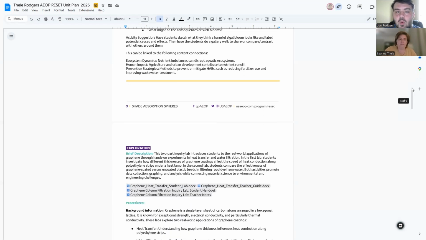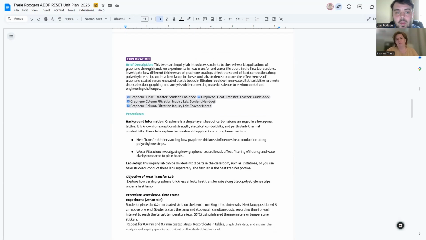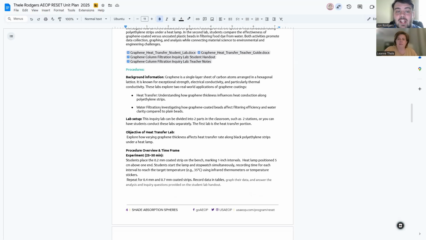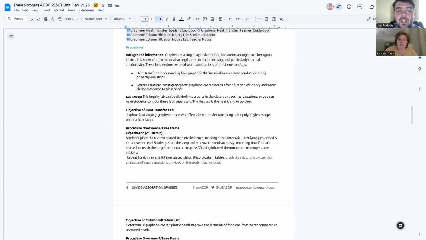Next is the explore section. In this explore section, this two-part lab, students test heat transfer and water filtration using graphene. In part one, they investigate how graphene thickness affects how fast heat moves along plastic strips. In this lab, students lay out different thicknesses of graphene material and test to determine how the thickness of graphene